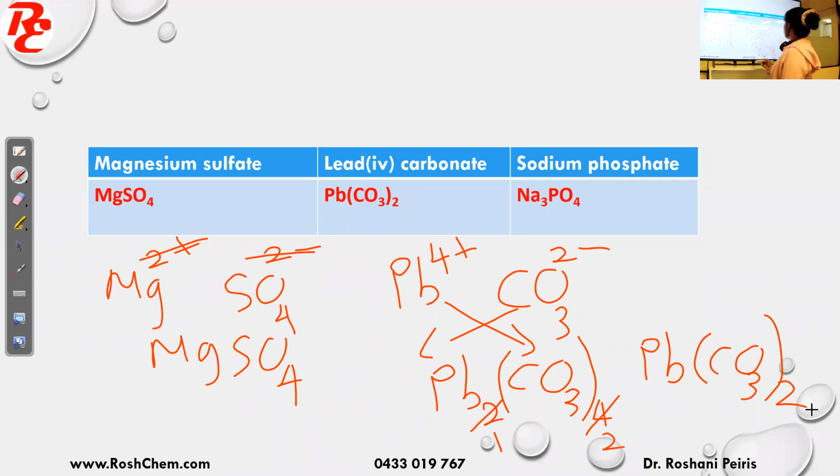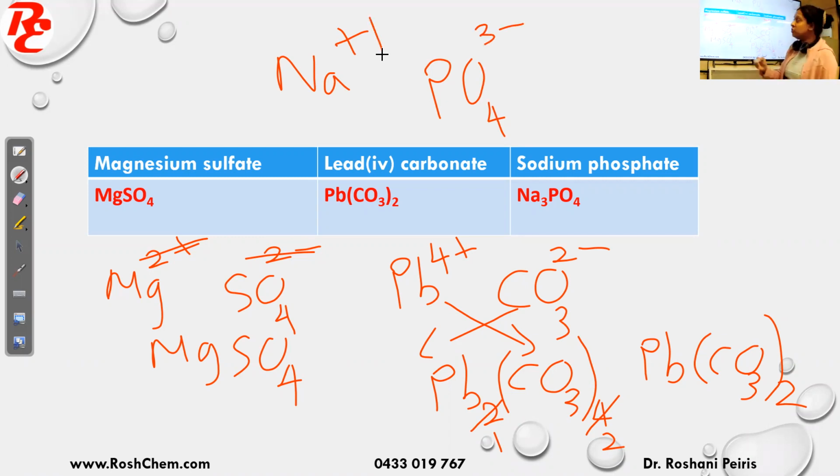Okay, we will also look at sodium phosphate. So sodium is group 1, so Na+. Phosphate is PO4. Its charge is 3-. So that's 1+ and that's 3-. So now do crisscross. So sodium gets 3 from phosphate, and PO4 gets 1. When we have 1, we don't write it. So therefore it's just Na3PO4. You don't need a bracket because you don't have a number outside. So this is how you write the formula of ionic compounds.